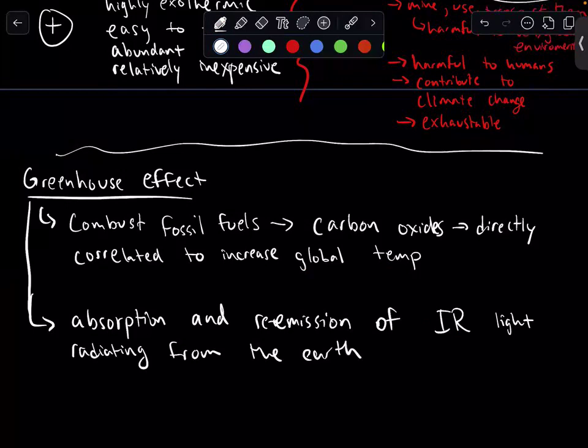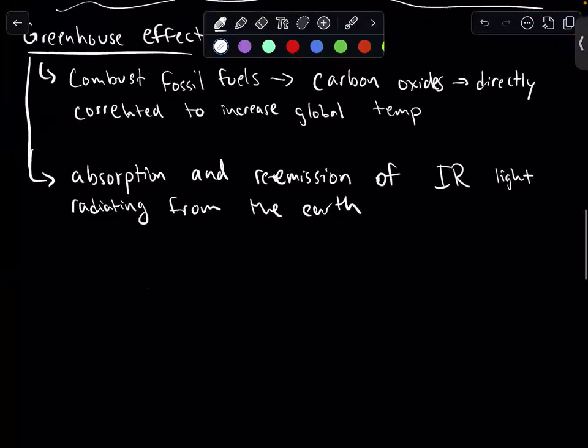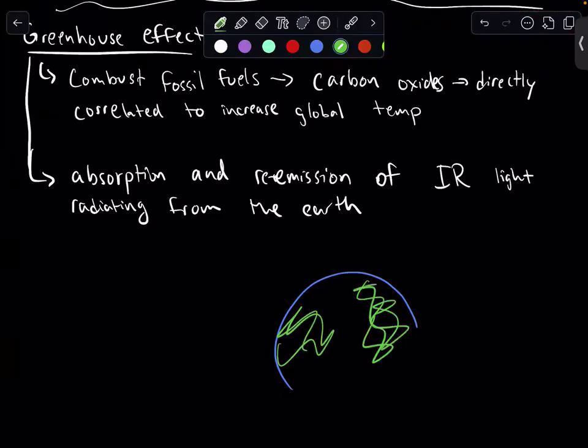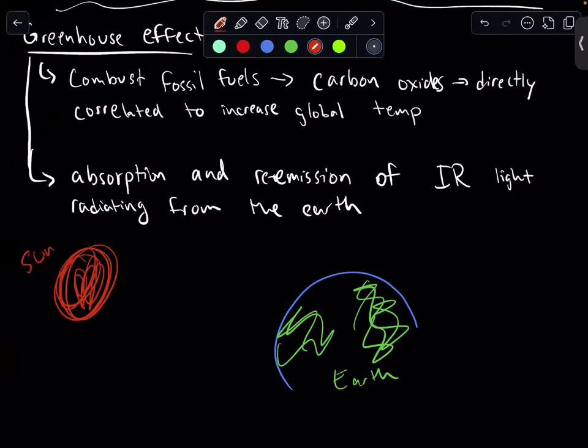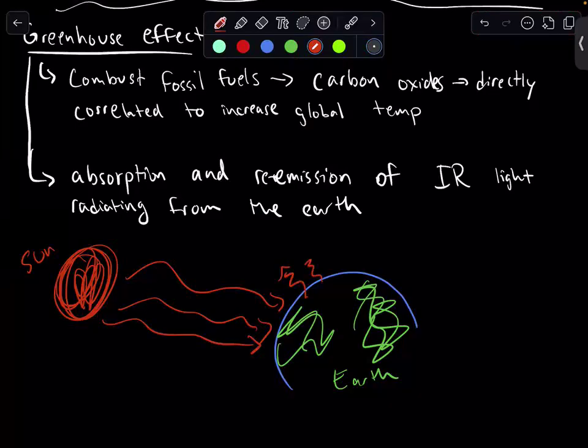When the Earth gets hit by solar radiation, let's just draw our big blue marble here, throw some green in it, and there is my Earth. We'll have our giant ball of fire, which is our sun, not to scale. And the sunlight hits the Earth, gets absorbed, and the Earth radiates that heat back out in infrared radiation, which